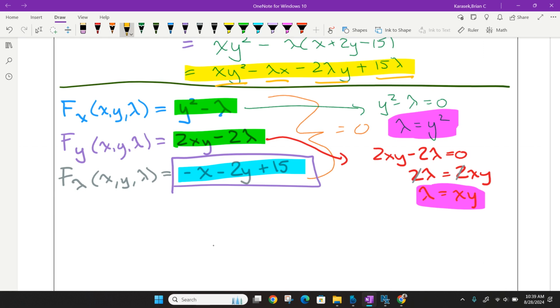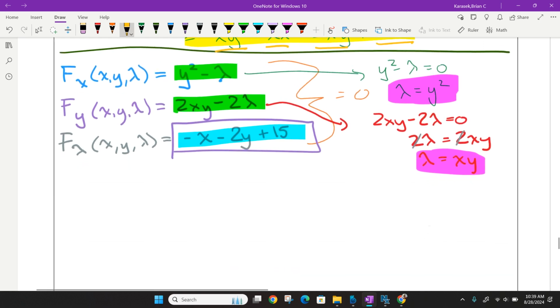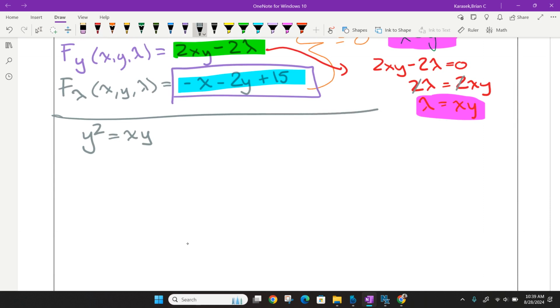Now the lambda is the same. That means that both of the left-hand sides are equal, so therefore, by the transitive property of equality, the right sides must be equal, or y squared must be equal to xy. And that is now what we're going to use to solve for one of the variables. That is, we have the statement that y squared minus xy equals 0. So y times y minus x